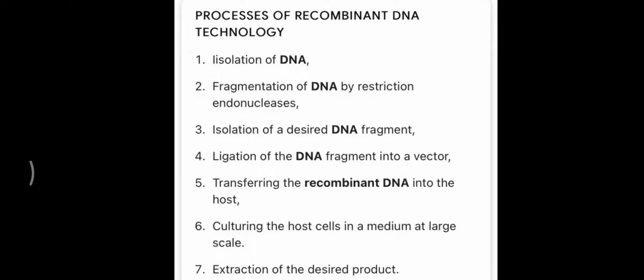Good morning. In our last class, we were discussing the process of recombinant DNA technology, and we had already discussed the 4 steps, that is the isolation of DNA, fragmentation of DNA by restriction endonuclease, then the desired DNA fragments were isolated by using gel electrophoresis, and by using the DNA ligase enzyme, the gene of interest was ligated into vector, and then the multiple copies of gene of interest were produced by using the PCR or polymerase chain